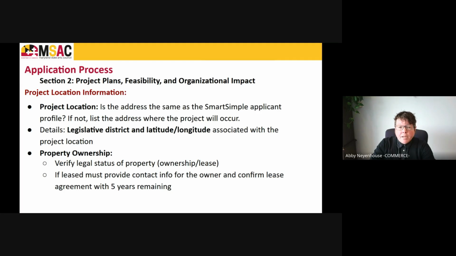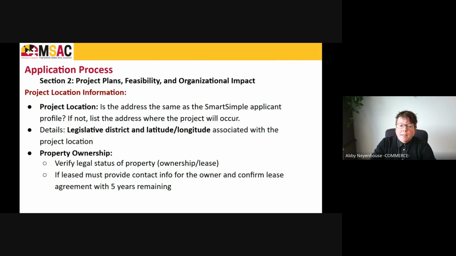We'll also ask you to look up your legislative district as well as the latitude and longitude of the project location. This helps us with information that we'll need to share further in the process with other departments. We have links in the application to tools that will get you that information fairly easily. Let us know if you have any difficulties.